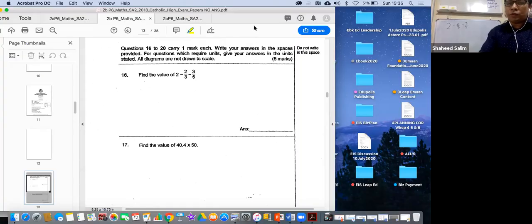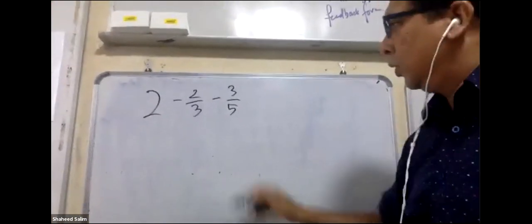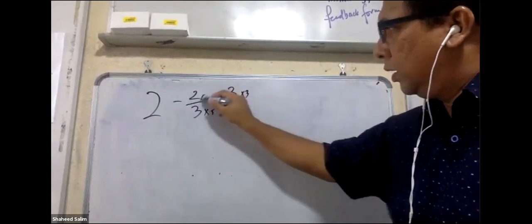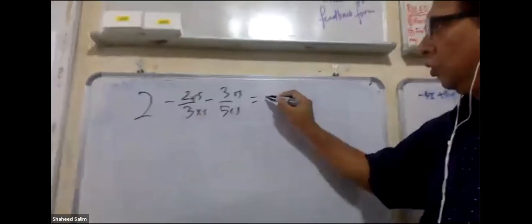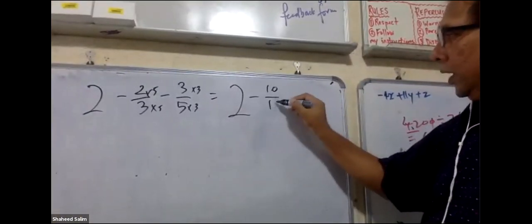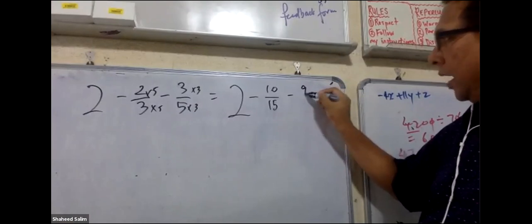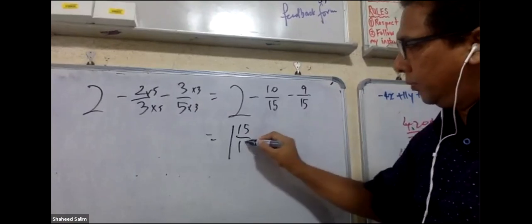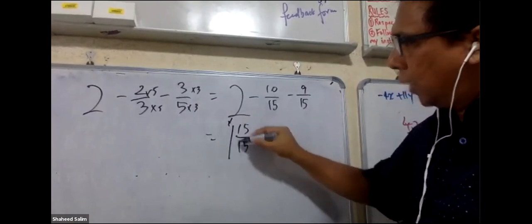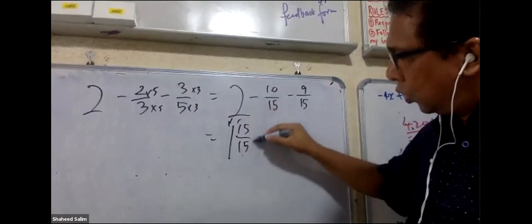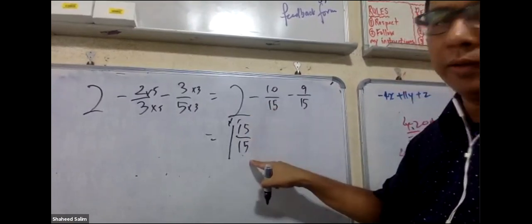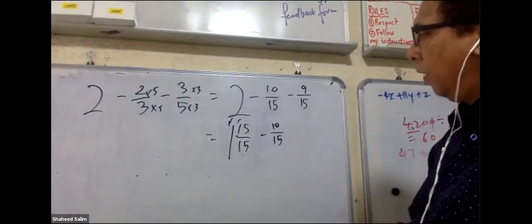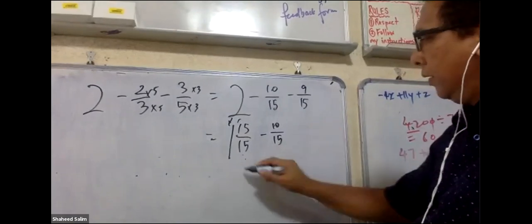Okay, we do it together. Rahana, we change this to times 5, times 3, times 3, times 5. So you get 2 wholes minus 10 over 15 minus 9 over 15. So you can do one by one. Remember this method. We change this 2 to 1 whole, and then this one is 2 wholes, another whole. Then you minus 10 over 15 first. What do you get? You get your balance of 1 whole and 4/15.